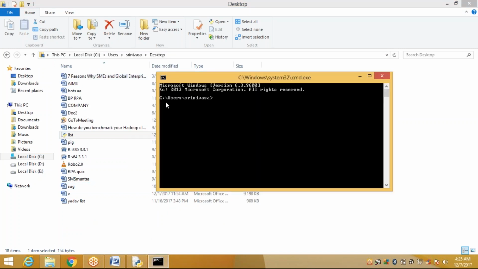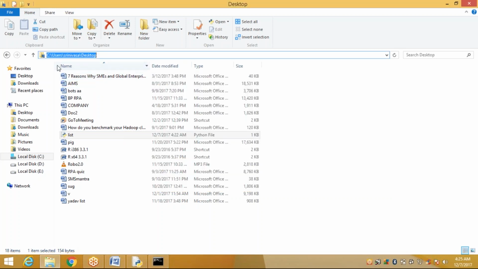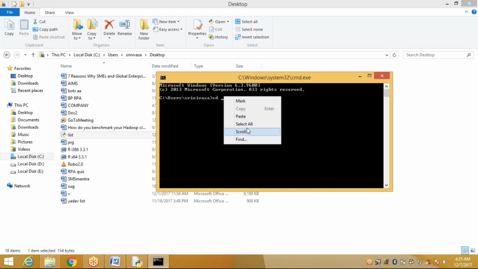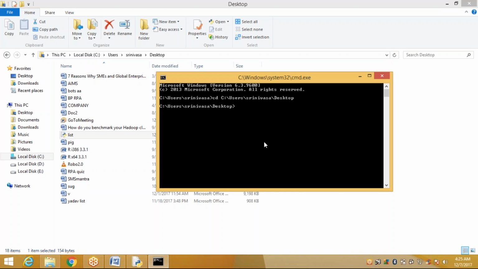See here, actually we have C://user/universal, but here it is C://universal/desktop. On top of the desktop we have placed that Python file. Now change the directory, paste it, enter it.